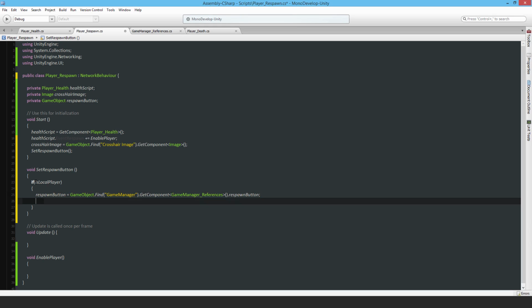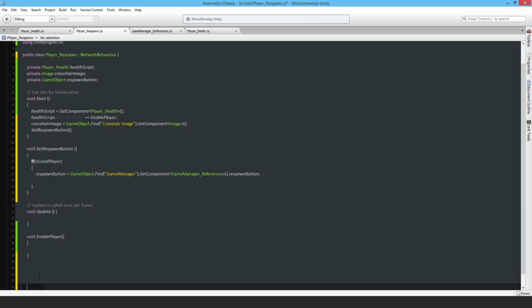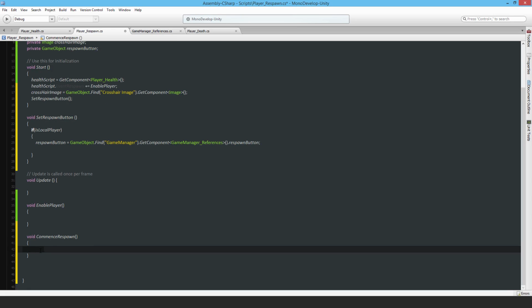And then I will make a function for that respawn button. I will call that commence respawn. So I'm going to call it void commence respawn,